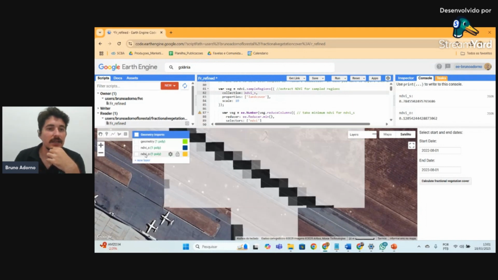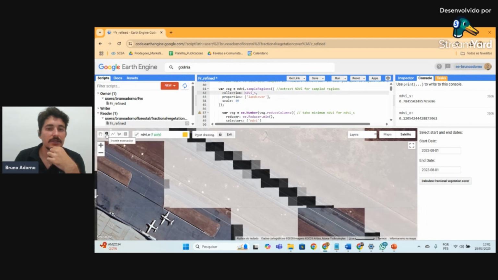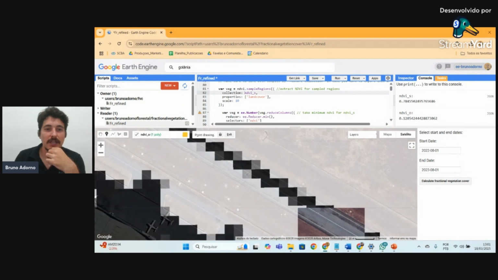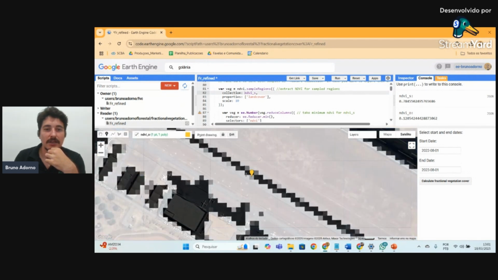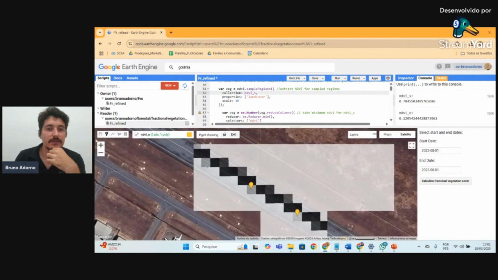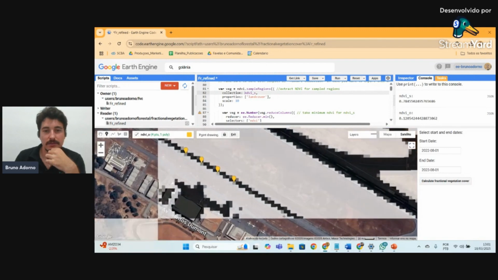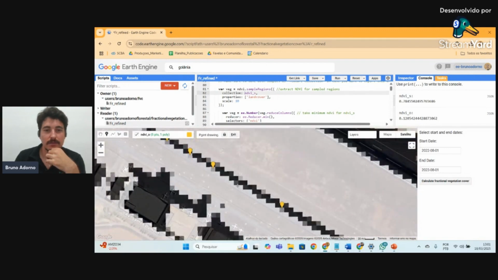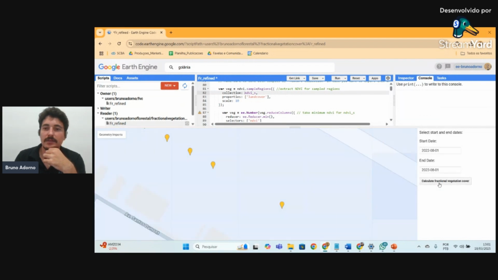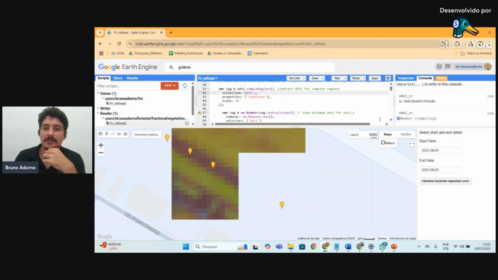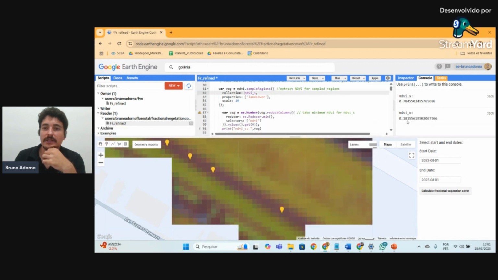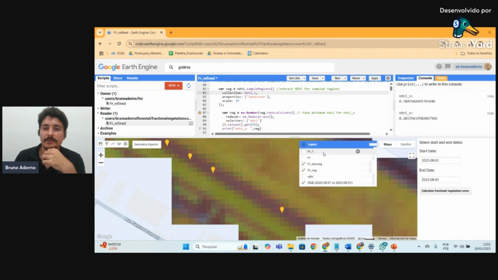So you select NDVIO in your geometry imports and select insert marker, and maybe pick these gray pixels, and you run again and calculate fractional vegetation cover. You can see now that our NDVIO increased to 0.18,